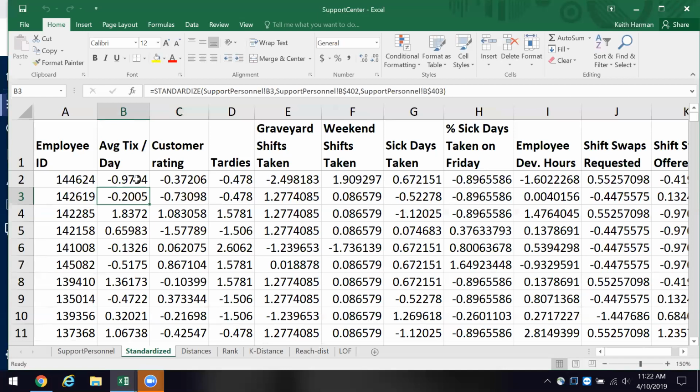In the denominator, it's the standard deviation. The wild card in all of that is the x. So we're putting in relative terms how far away this person, employee 142619, is. We've got this other person up here, employee 144624. They've got quite a large z-score.